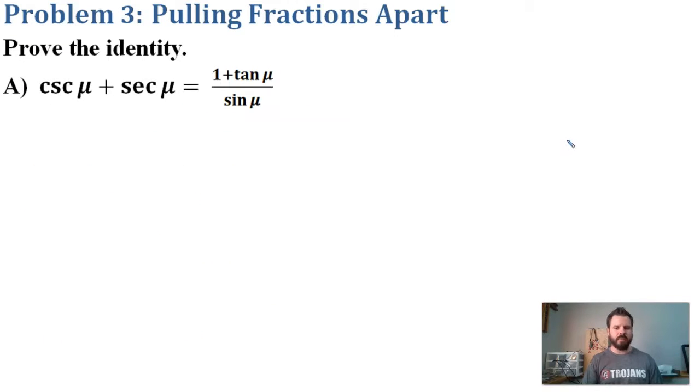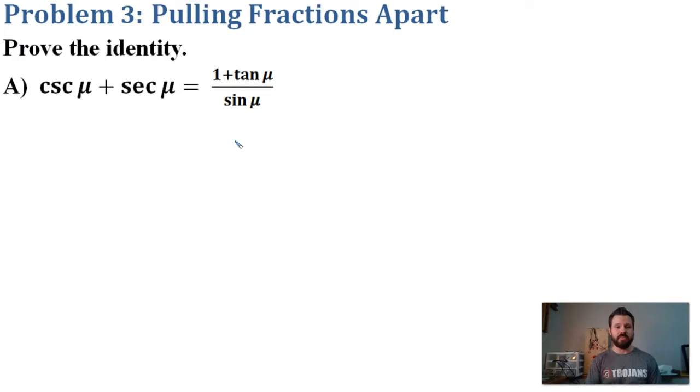All right, last type of proof we're going to talk about today, I'm going to say is a pulling fractions apart problem. Okay, we just looked at adding fractions, subtracting fractions. Here we're going to separate fractions. We're going to pull them apart. So let's show you how this works. Prove the identity. Now, as far as which side's more complicated, I'd say in this case the right side is more complicated. Left side we've got adding fractions, but the right side we have adding fractions on top of another